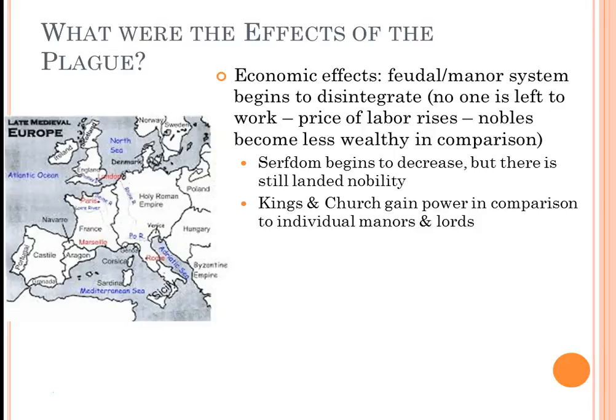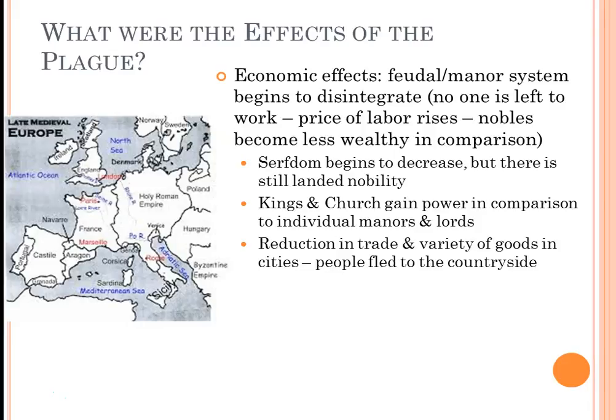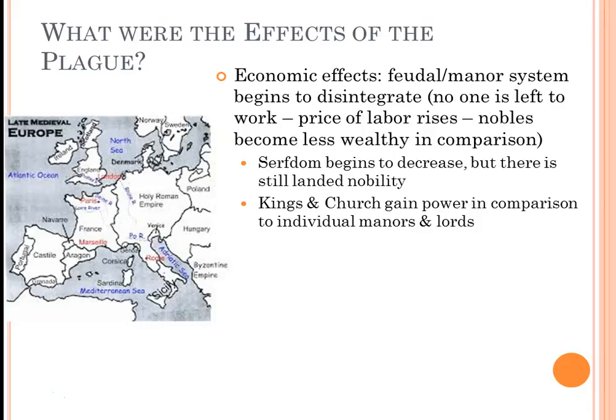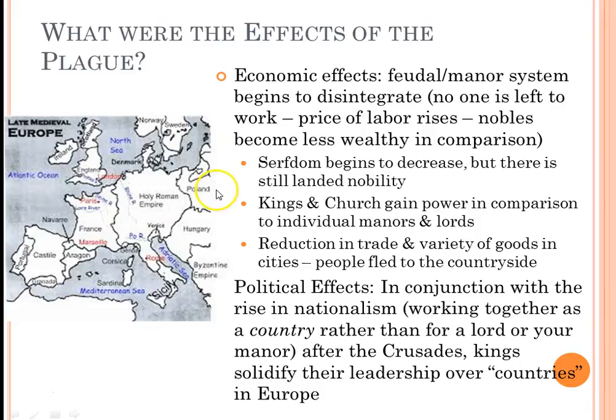As a result of the nobility declining, the kings and the church gain power in comparison to individual manors and lords. And because the kings gain power, as opposed to the individual manors, nationalism is also on the rise. Remember, nationalism is the pride in one's country. So we now see that